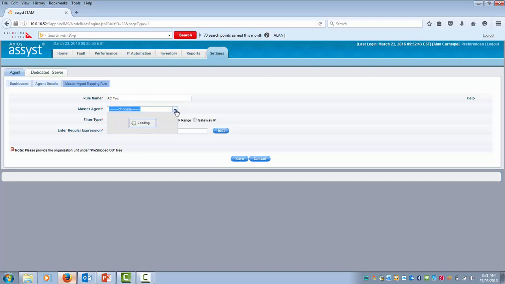The master agent will be the one I've created earlier, and I can determine based on the filter of organizational unit, host name, IP, a range of IP, or a gateway IP, I can determine the rule and the expression that I want to look for based on the rule. So I'm going to just go very simply today with an IP. I could go with a range. There actually is in the wiki a regular expression help. You can identify how to write these expressions. For today, I'm going to just find one machine,